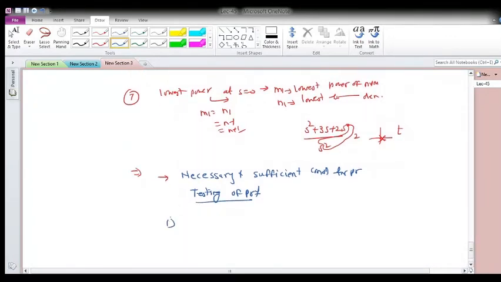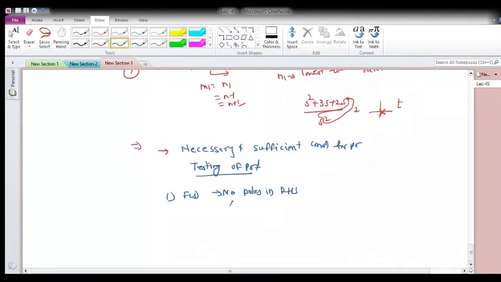First, for the testing of a positive real function F(s), your function must have no poles in the RHS. Okay, no poles in the RHS. And how can we test that? For the testing we use the Hurwitz polynomial, and this condition can be checked using the Hurwitz polynomial. Suppose I have a network function which is given to me and I have to find out whether it has poles on the right hand side or not. So what I'll do, I'll check the denominator of my function.